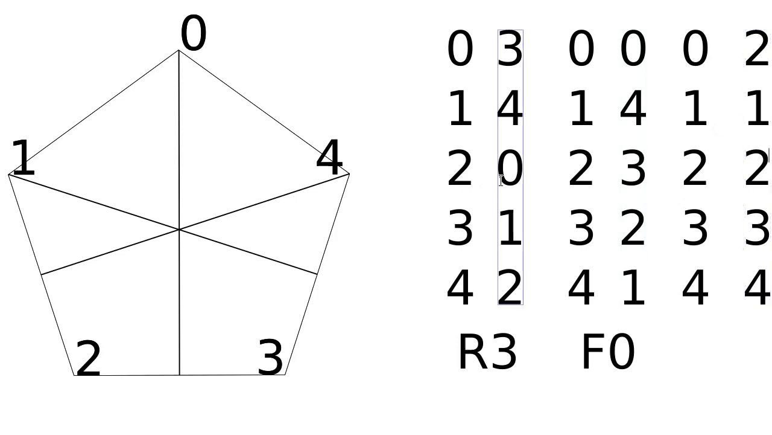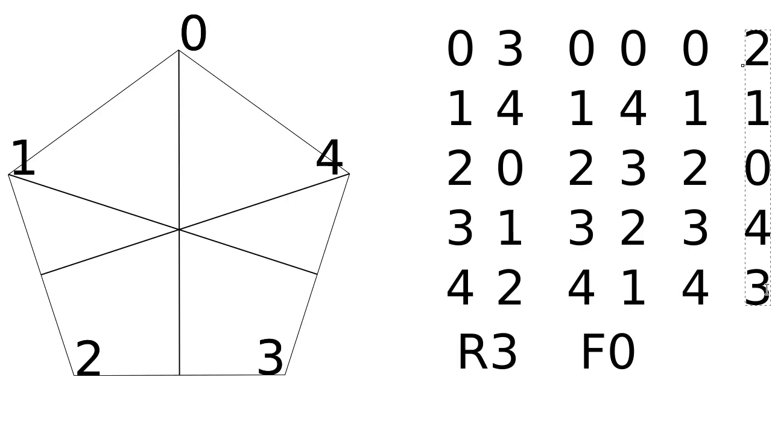2 is mapped to 0 by the rotation, and 0 stays at 0 in the flip, so 2 is mapped to 0. 3 is mapped to 1 by the rotation, and 1 is mapped to 4 by the flip, so 3 is mapped to 4 by the combination. 4 is mapped to 2 by the rotation, and 2 is mapped to 3 by the flip, so 4 is mapped to 3